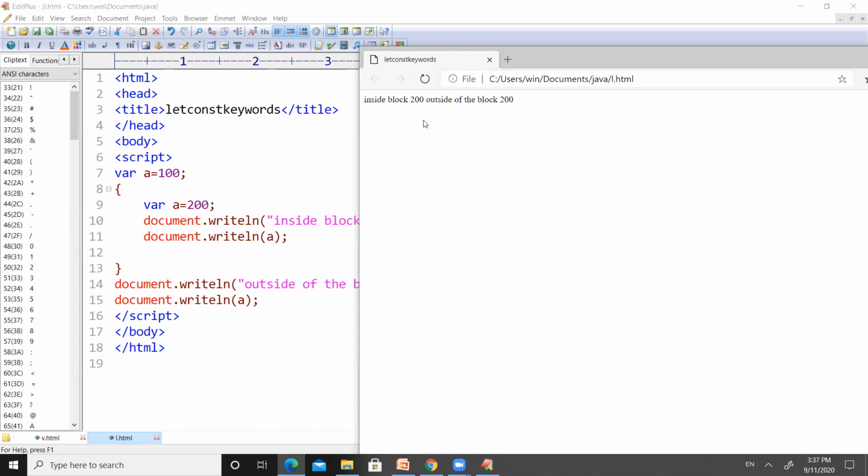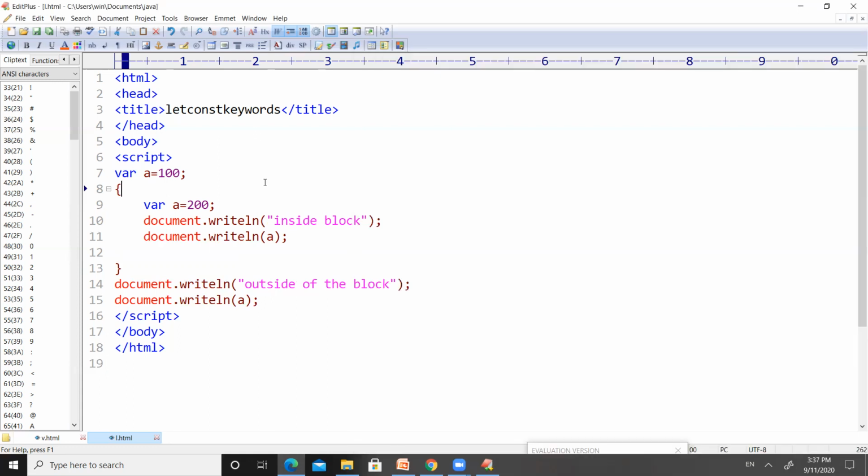So when we define a variable with var keyword, now let us use the keyword let here. So we have defined a variable a where the value of a is 100 outside the block, but inside the block we are making the value of a as 200.